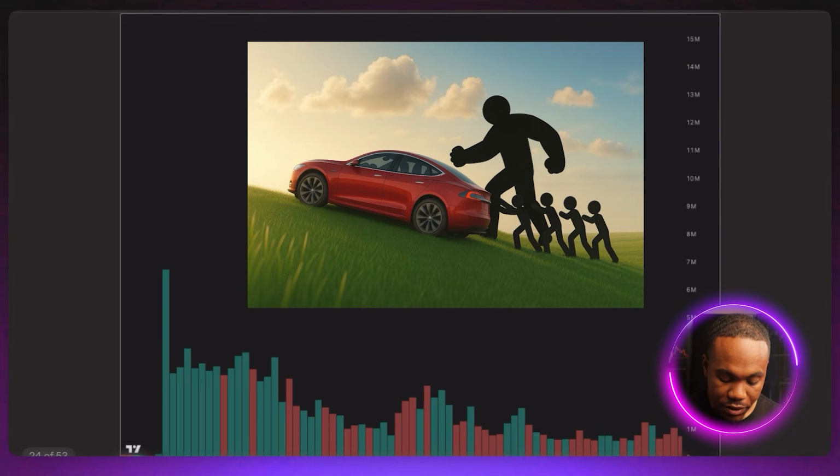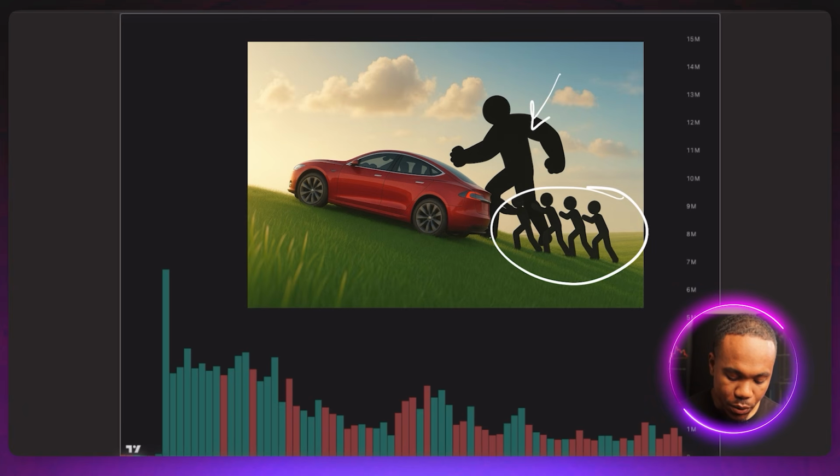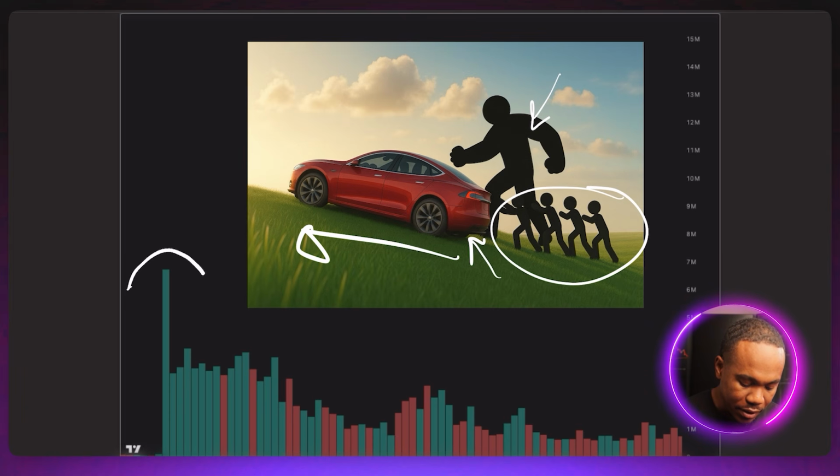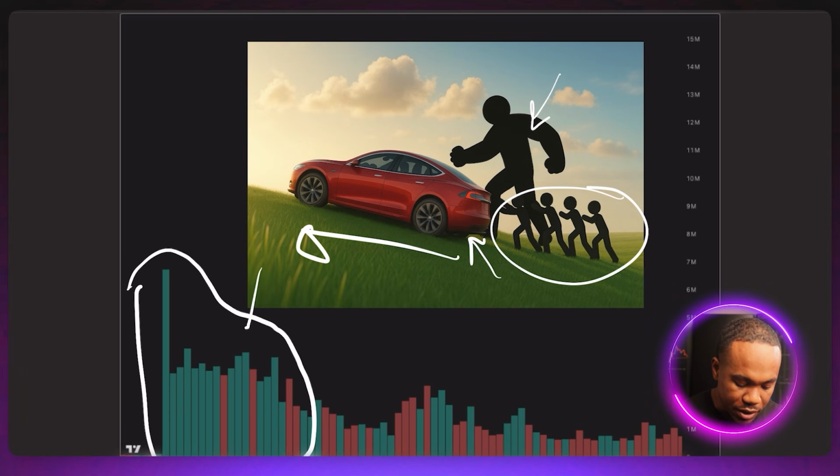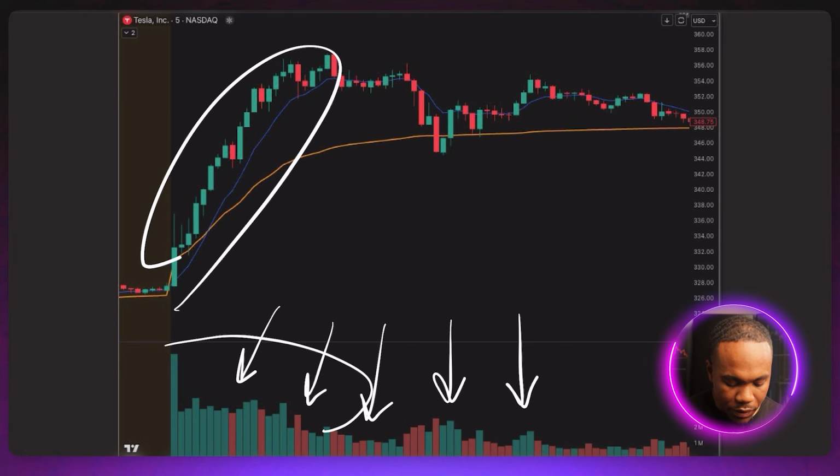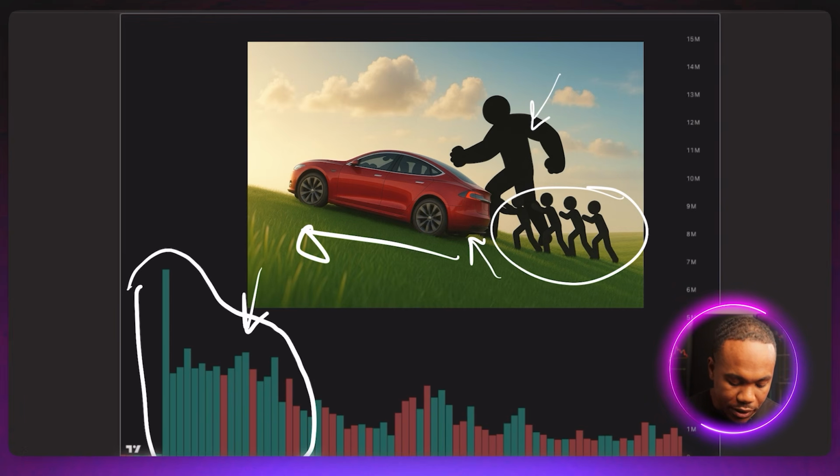Another example is if you have a large buyer. So this guy is like the Hulk compared to these, and he is going to push that car up the hill, and that could be representative of the constant volume that you see here. So when we go back to this example, this price is moving up aggressively, and you have an institutional buyer that can be supporting that move. And if you can see that, that will help you trade more confident, scale in and add to your positions.